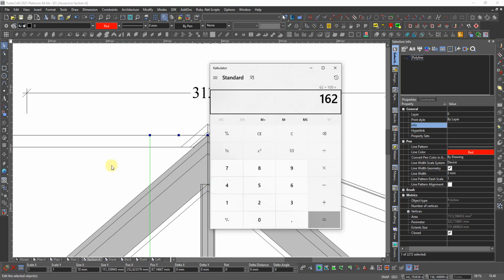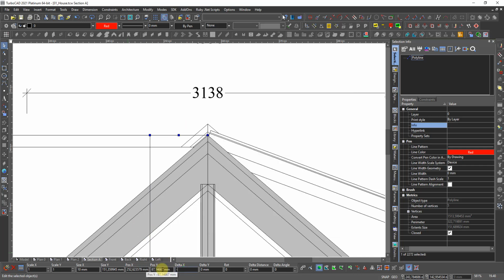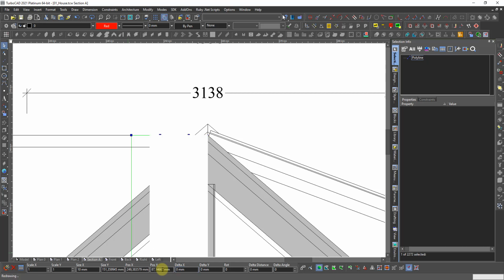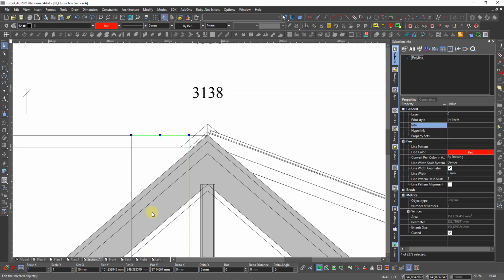So I should move it 162. Divide on 50. 3.24. Copy. And I say move it in delta X minus Control V, enter. And then it's now